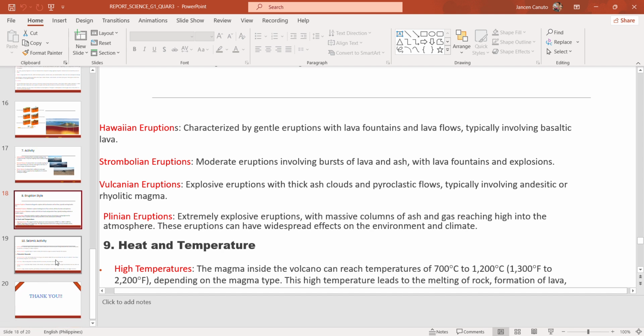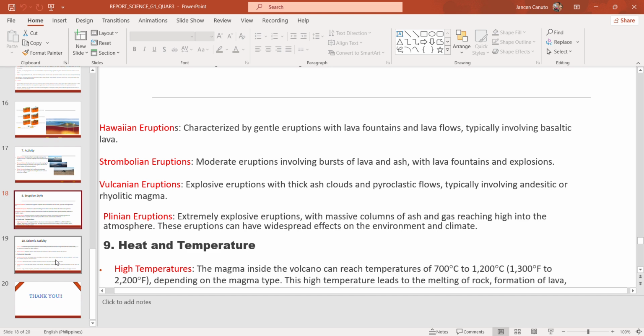We have four types of eruptions. Hawaiian, which is characterized by gentle eruptions with lava fountains and lava flows, typically involving basaltic lava. Strombolian eruption, moderate eruptions involving bursts of lava and ash with lava fountains and explosions.